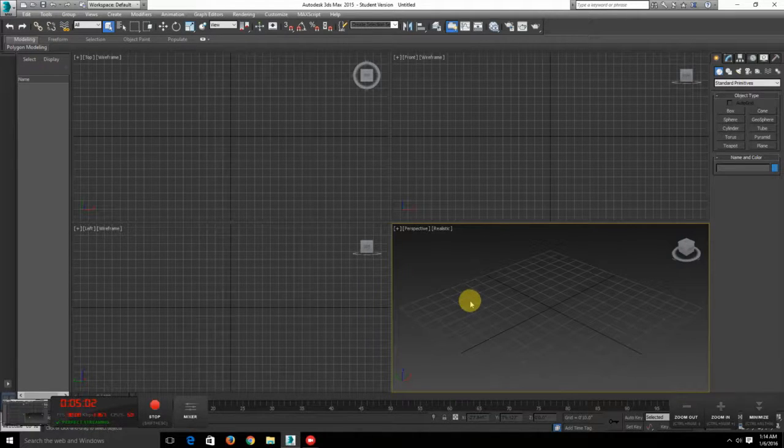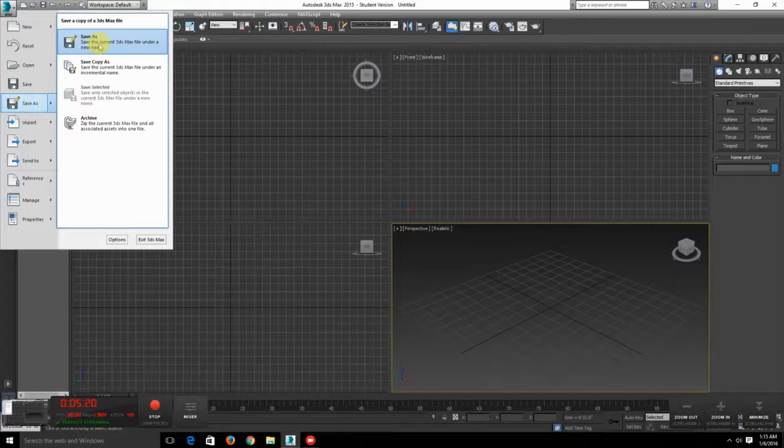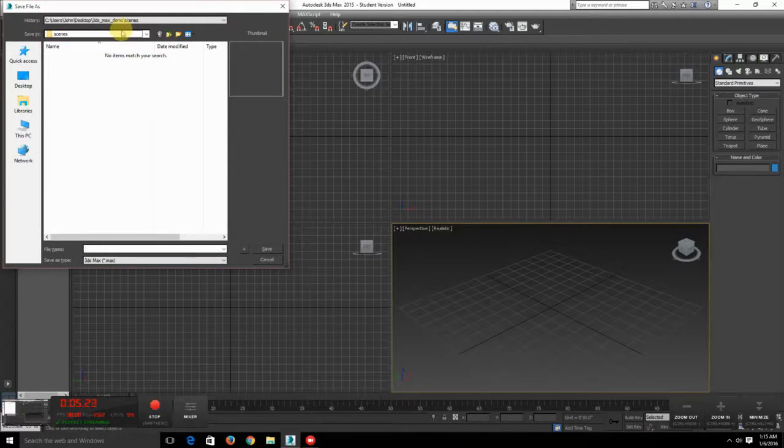So for the basics of the user interface and also how to get started with some of the tools, I'm going to leave that for a future lesson. I've basically touched up on everything I wanted to at this time. So if I just want to save my progress, not that I've made too much, go to File, Save As, and you can already see that it's going into my 3ds Max demo folder in the scenes, and it's going to look for my scenes in that folder in the future. Good things to know. And yeah, I'm just going to call this demo_01